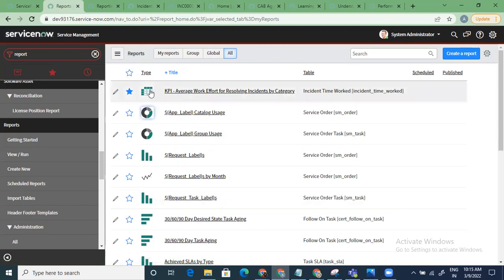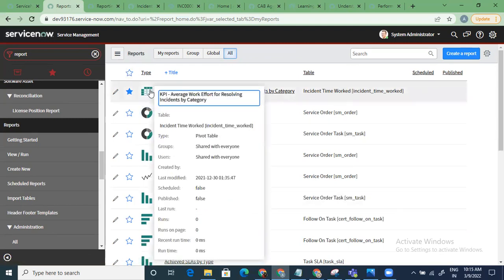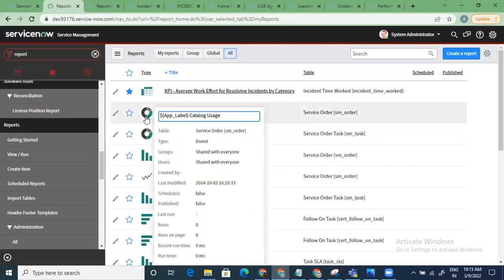Now, this part shows you what kind of report it is. This is a pivot table, for example. This is a donut. When I hover the mouse, it tells you which table it is on, what the type of this report is, who it is shared with, groups and users, when it was created, who created it, when it was last